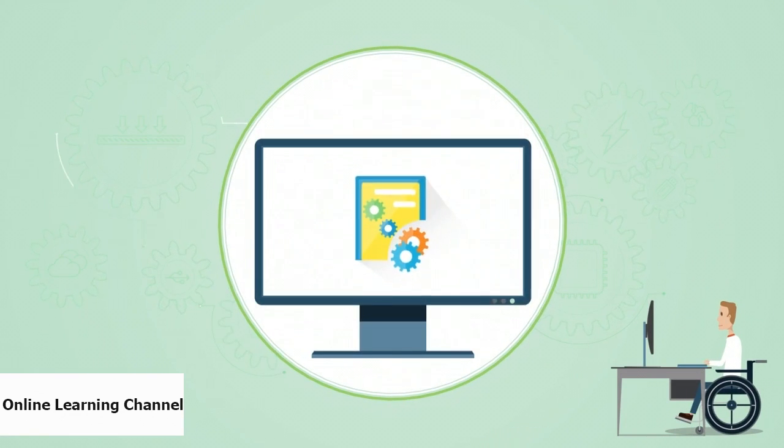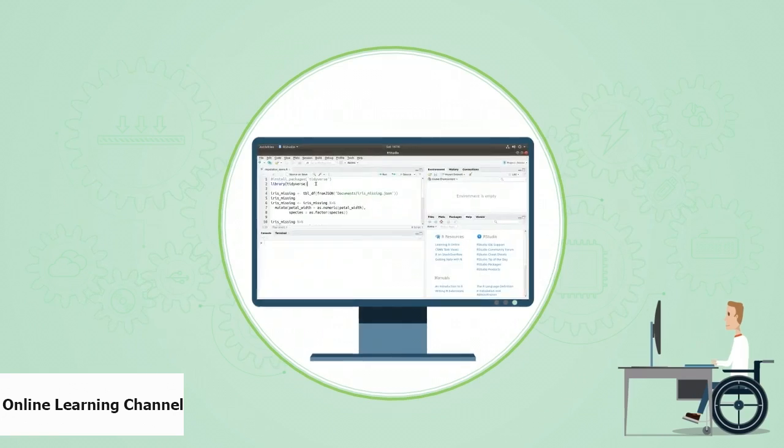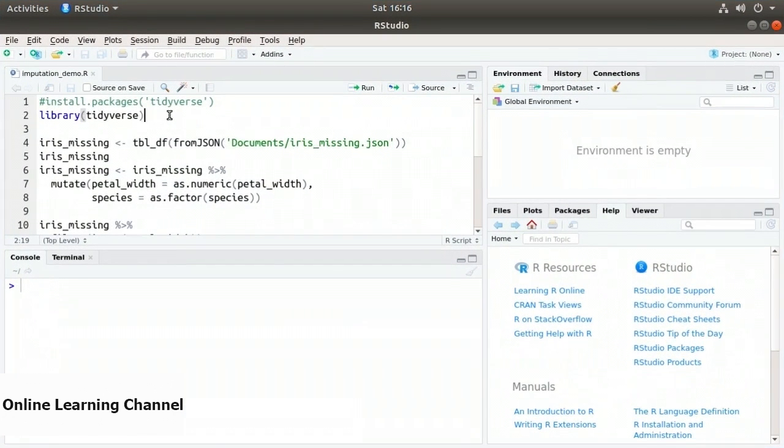In this video, I'll demonstrate how to use mean imputation to replace missing values or NA values in a dataset. So at the beginning of this code, in the first line, I have install.packages tidyverse. But it's commented out because I don't need to run it again because I already have it installed. So we'll proceed on line 2 where I call library of tidyverse so we can bring in the relevant libraries